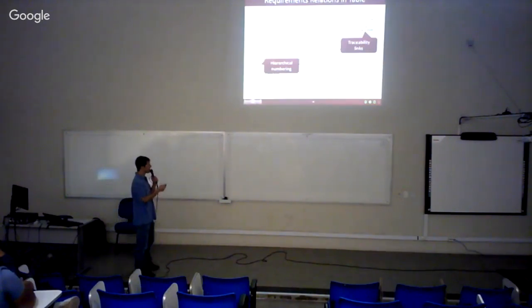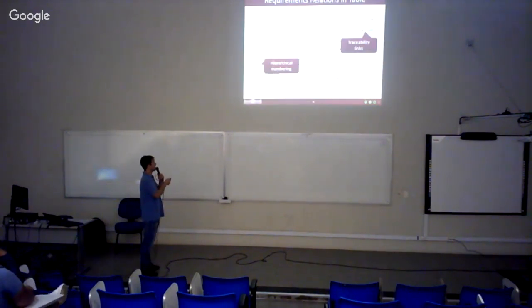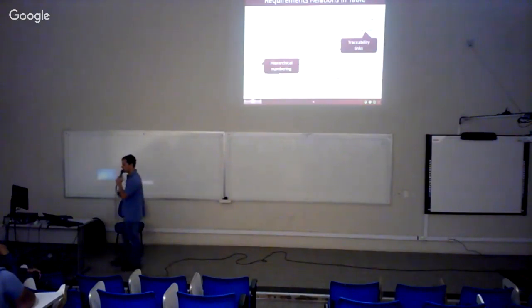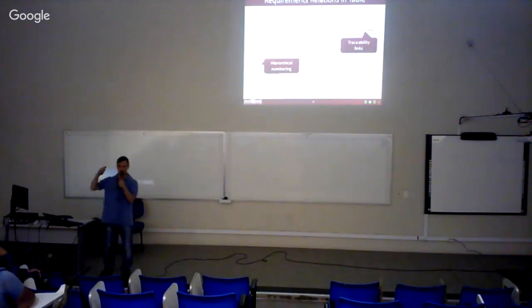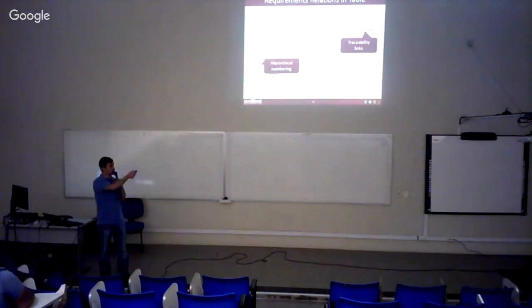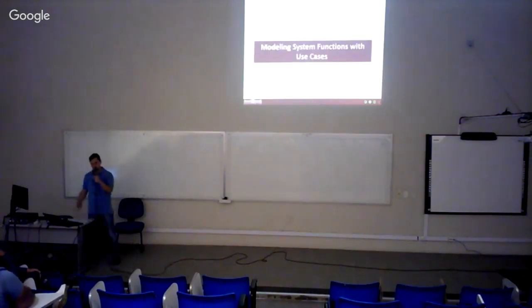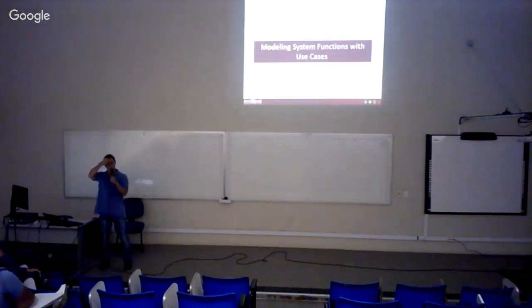So you can depict the hierarchy by using hierarchical numbering, and you can provide traceability links also to your requirements. So you can mainly represent them in this requirement diagram format, or you can also use this table format to store your requirements. And the next step in the systems engineering process is to somehow model system functions and interactions